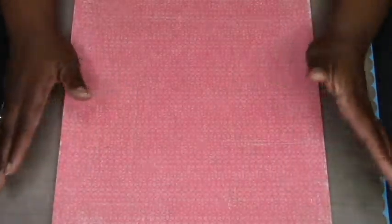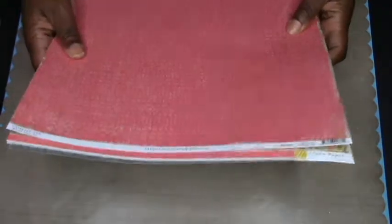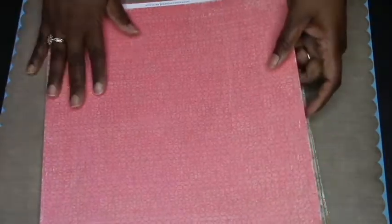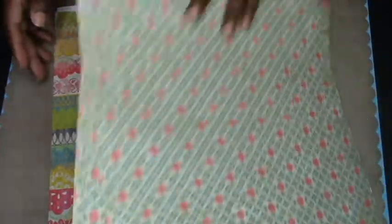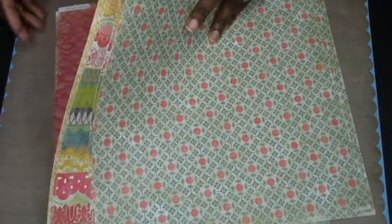So I decided I wanted to start making greeting cards more with pattern papers, and I found these pattern papers in my stash. These are Restoration Collection by cratepaper.com, and they're double-sided, in one of my folders. Just some really pretty papers, and I haven't really been doing much scrapbooking lately. I've been doing more card making, so I haven't really been hitting up my paper stash like I should. But these are really pretty and colorful pages, and so I wanted to make a card with you guys using very minimal supplies. So I'm going to be using my paper,